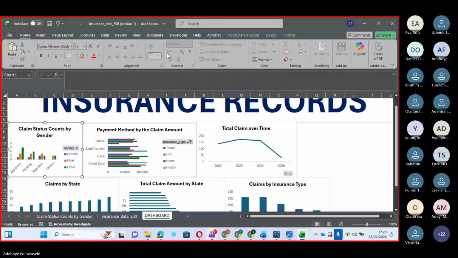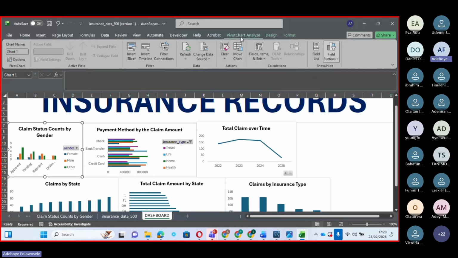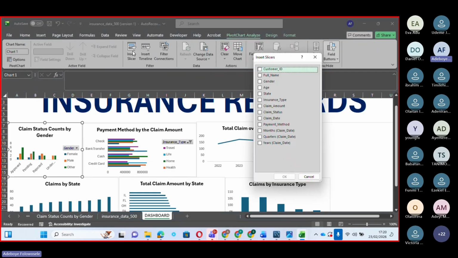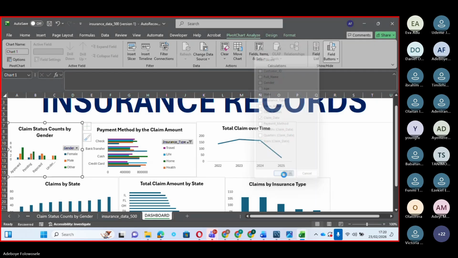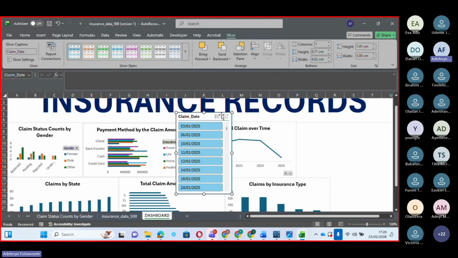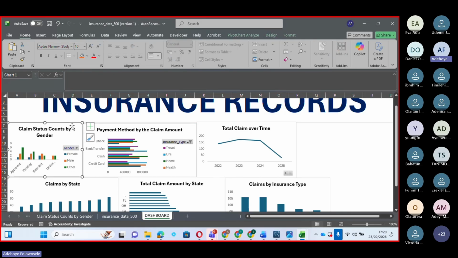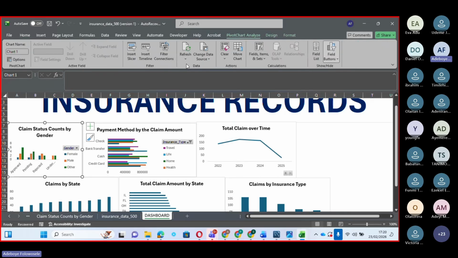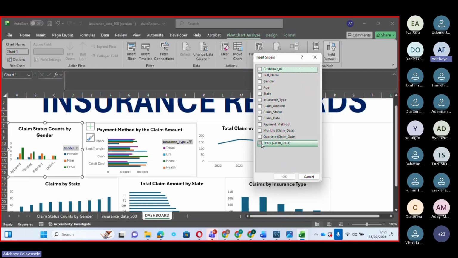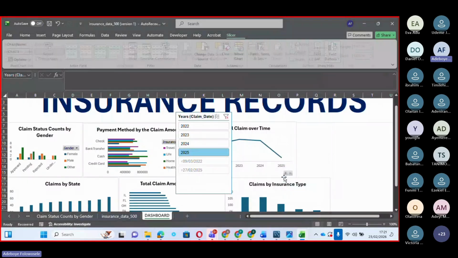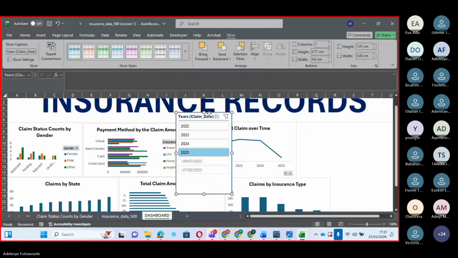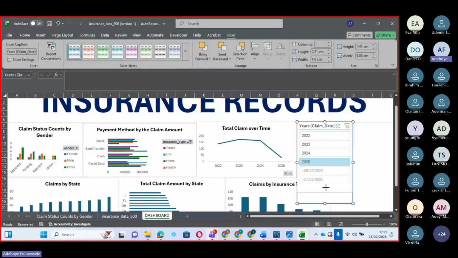If I click on the chart, insert a slicer. I want date. No, this is not what I want. So I click back on the chart, insert a slicer. I want the year. Now, when you look at this slicer,